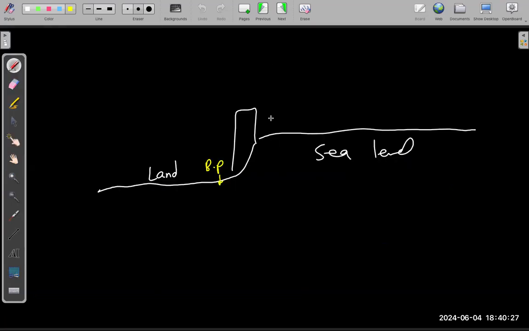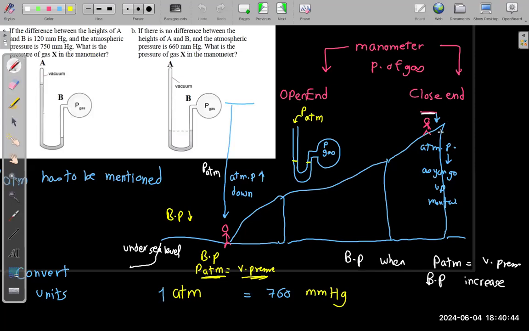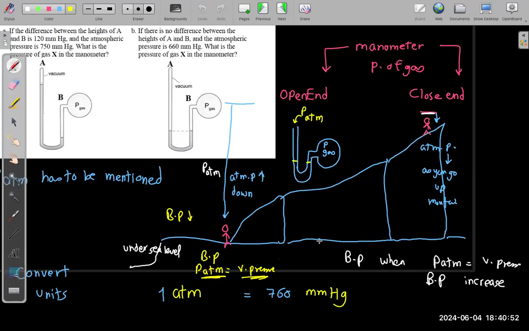It's not that much, by the way, because for us, it will be 100 degrees centigrade. For them, it might be like 90 or 95. The water might boil. So if they have a kettle, and they are heating water, the water will boil at 95 degrees. But if you take the same kettle and try to go up, then the water might boil at 103 or 105. The boiling point of water has changed. Yes, this is what we are talking about. The boiling point here